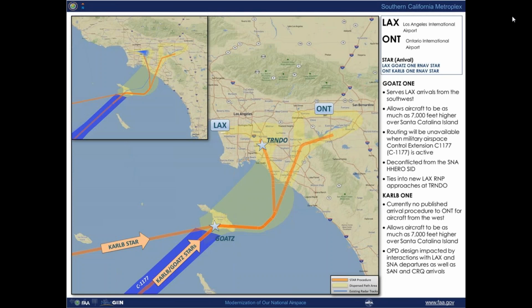The next procedure is the Los Angeles International and Ontario STARs, the GOATS and the CARL B STAR. First, the GOATS 1 serves Los Angeles arrivals from the southwest. This new STAR allows aircraft to be as much as 7,000 feet higher over Santa Catalina Island. The routing will be unavailable when military airspace control extension C1177 is active. The GOATS 1 is deconflicted from the Orange County HERO SID, and it ties into Los Angeles RNP approaches at